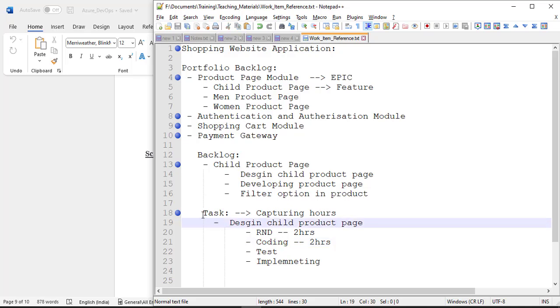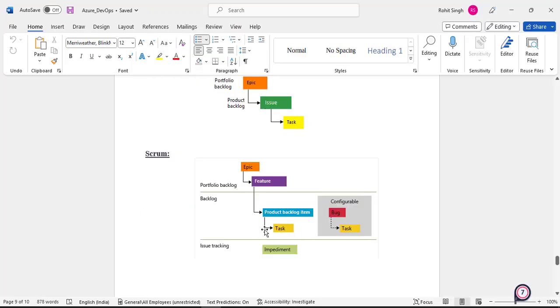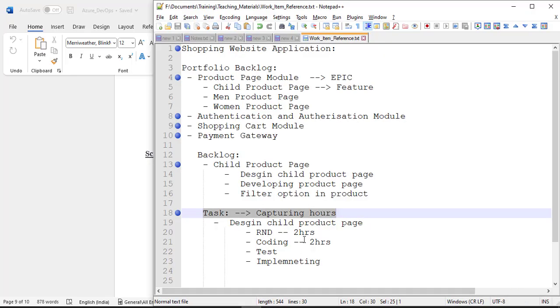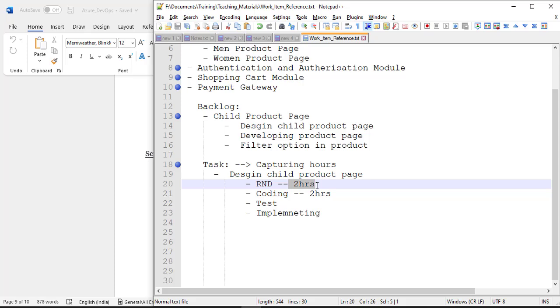Now creating tasks is your responsibility. This task section is your responsibility. You will be creating tasks and keeping your numbers. Because if you don't keep numbers, at the end of the sprint your number of working hours will be 0. So always create tasks, whatever you're doing, and put in your hours, what exactly you have done.